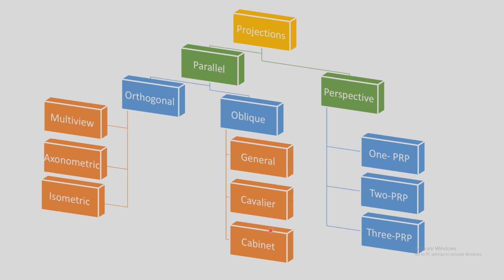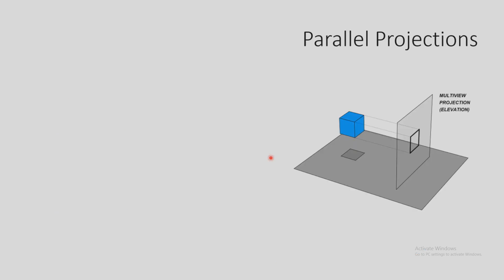Similarly, oblique parallel projections can be cavalier or cabinet. These are a few special cases for particular angles: if the tangent of the angle is 1, then it becomes cavalier. If the tangent of the angle is equal to 2, then it is cabinet projection and so on. If it is not a standard angle, we call it a general projection.